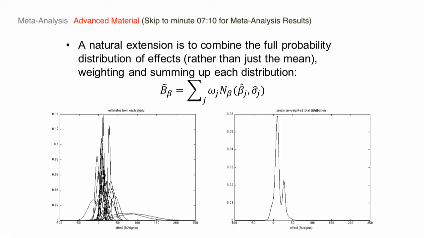Another approach to meta-analysis goes beyond the mean. And this is actually what a lot of meta-analyses do. So imagine instead of just having a beta hat, there's some sort of range of possible estimates. So, my best guess is my estimate of this individual study is here, but it's a pretty imprecisely estimated effect. So there's also some possibility that the true effect lies way out over here. So each of these actually plots are distributions of predicted effects from different studies.